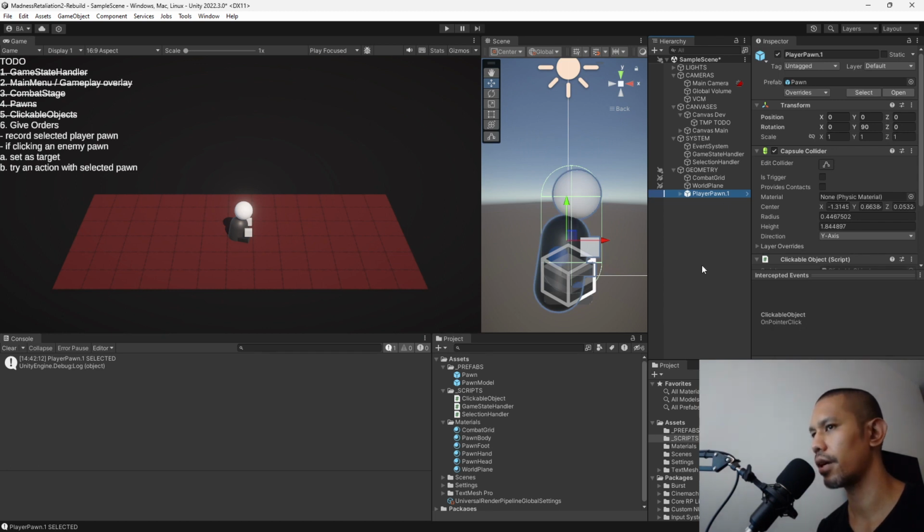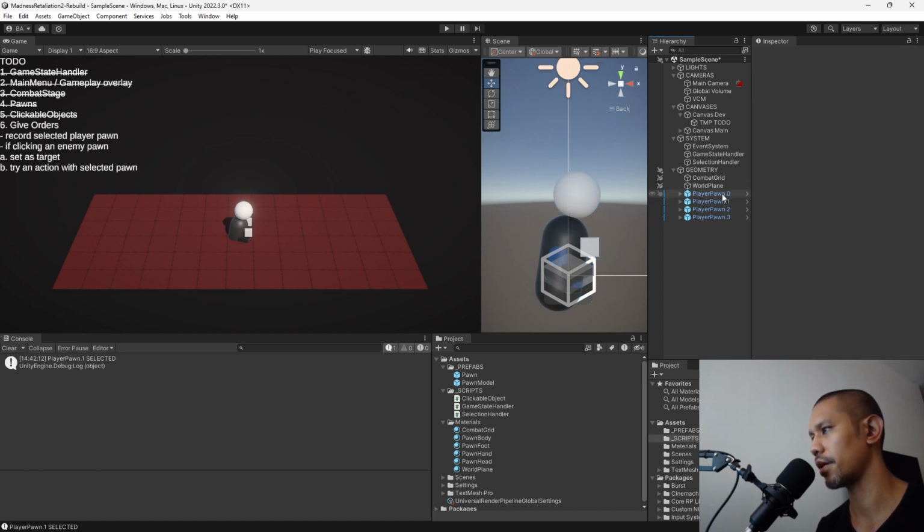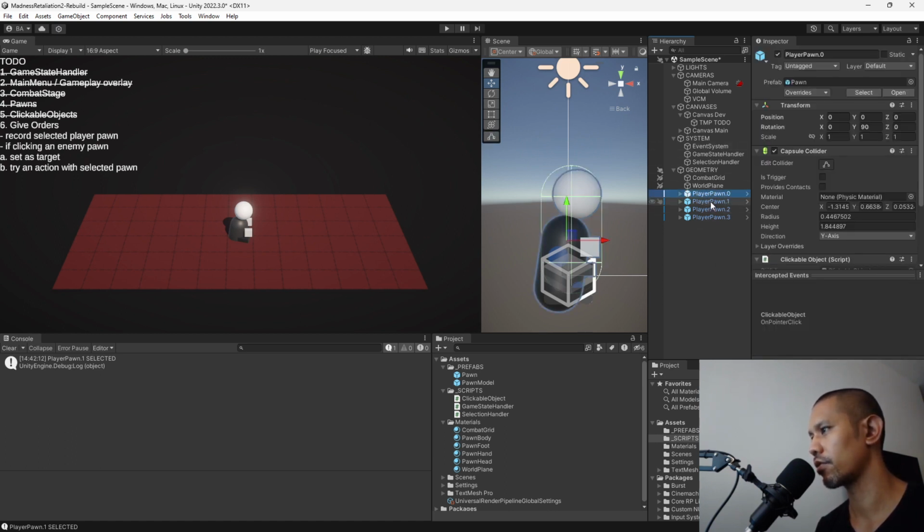Now, if we have... Alright. So right now, I'm going to make duplicates. Also, I'm going to start... You know what? Let's switch this around. You are now player pawn 0. And you are now on top. Okay. So, let's...